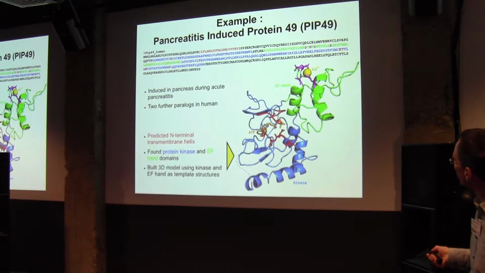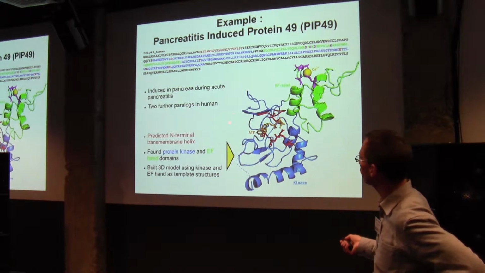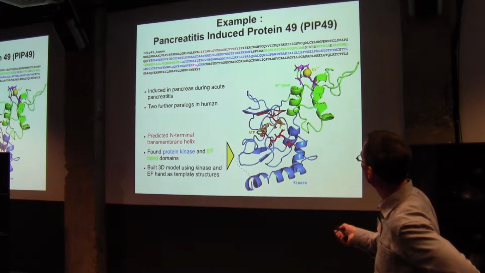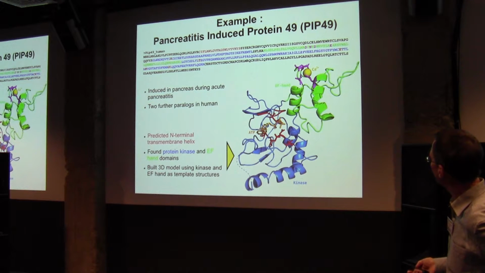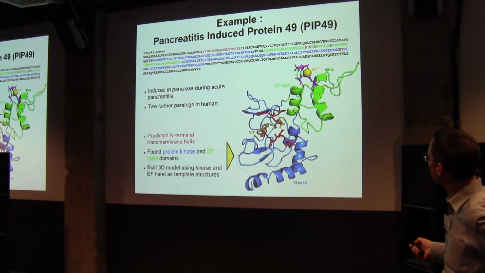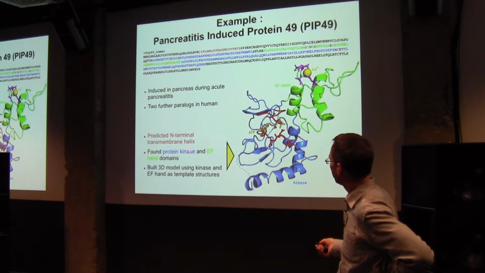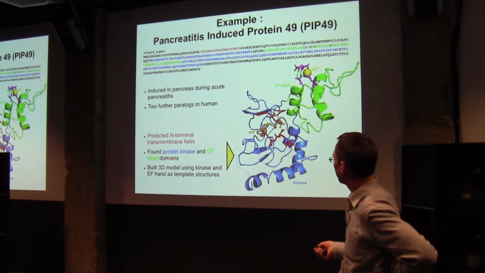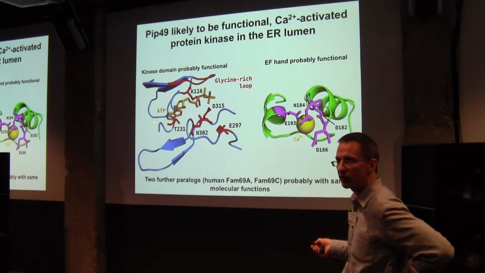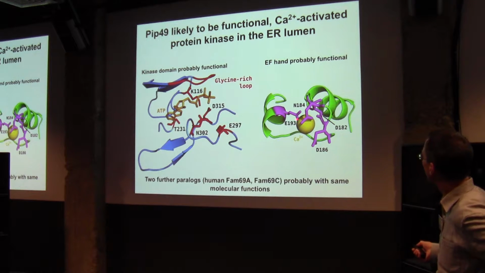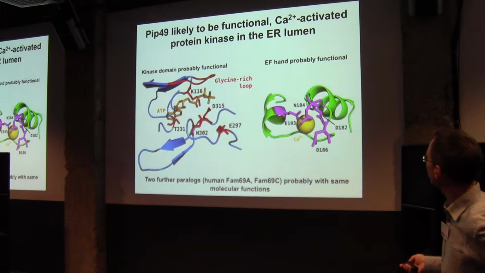And so just from such a prediction, now we can of course use it for homology modeling. These two templates that were found can be used to build the model structure. This is the result of the modeling. And just from half an hour of work, we can predict that it's a protein kinase that probably, because we also think that it's still functional, because it has all the residues that are needed for a functional protein kinase, is somehow regulated by calcium 2+ concentration.